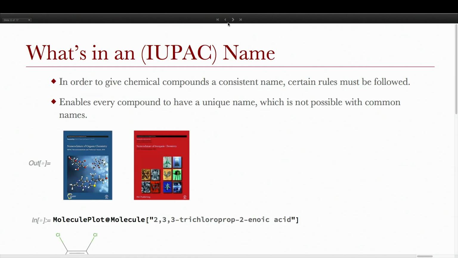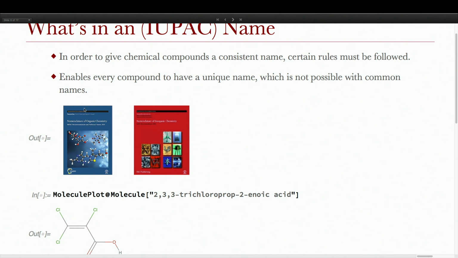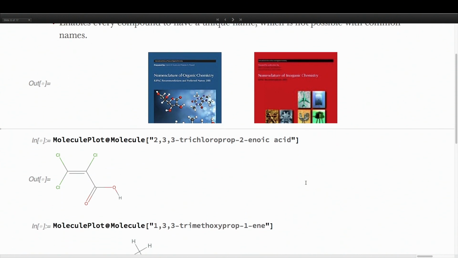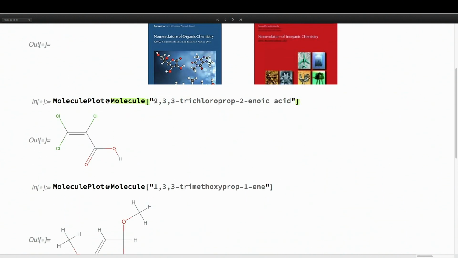So I'm always impressed by this, so I always try and throw this into the talks. Chemical names can be rather long and descriptive. The whole point of an IUPAC name is to systematically tell you, just using text, what the 3D structure of this molecule is going to be. The rules for these are dictated by the blue book and the red book. But okay, so for a name like this, we have